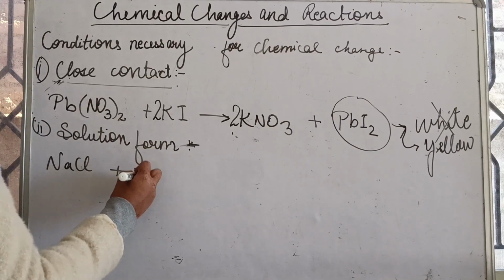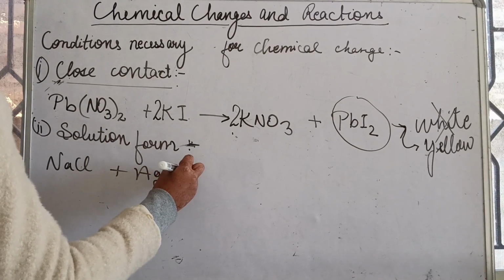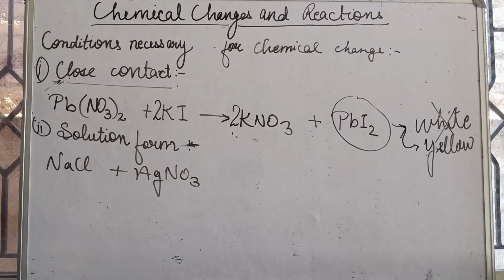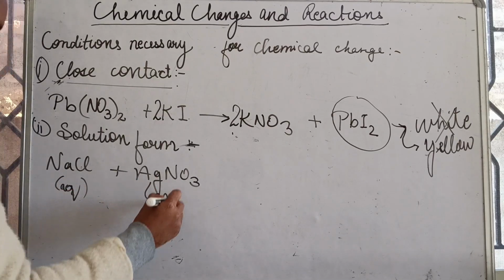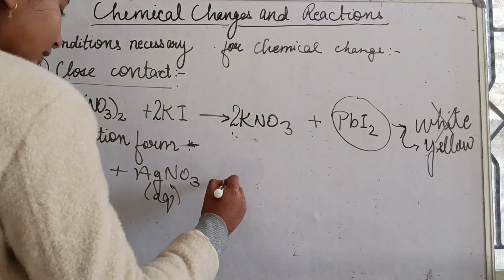NaCl plus AgNO3. If these are the reactants, then what happens is that if they are in the solid form, they will not react. But as we make it dilute, we add water to it, meaning we make it aqueous, then it will react, giving